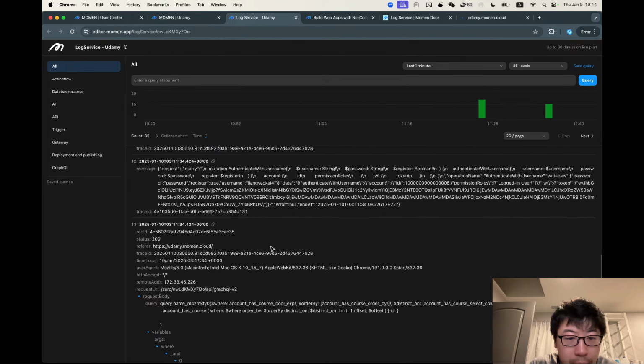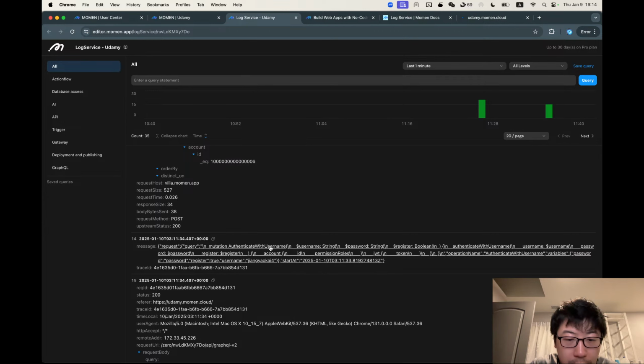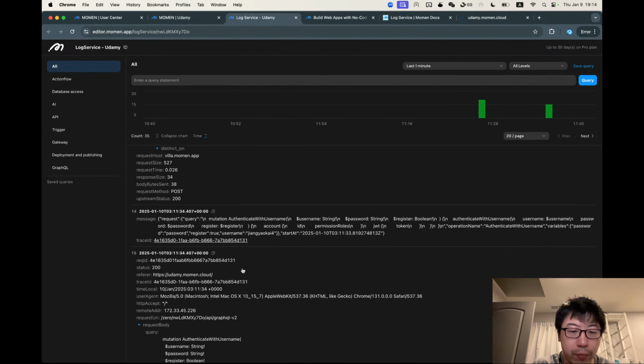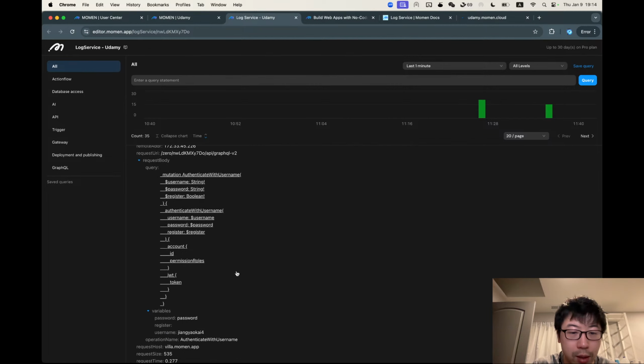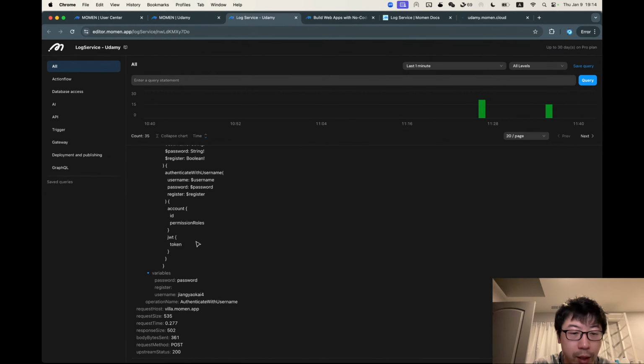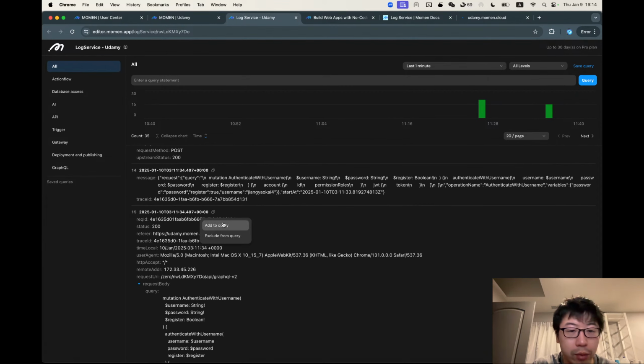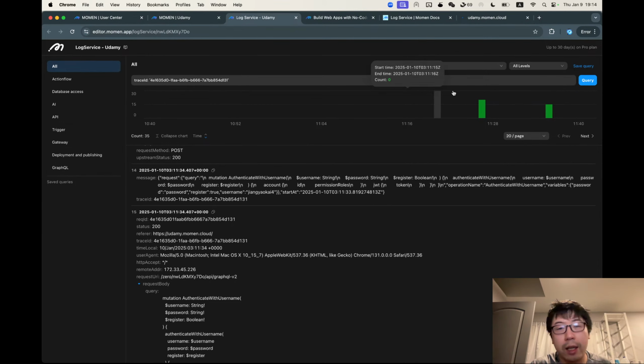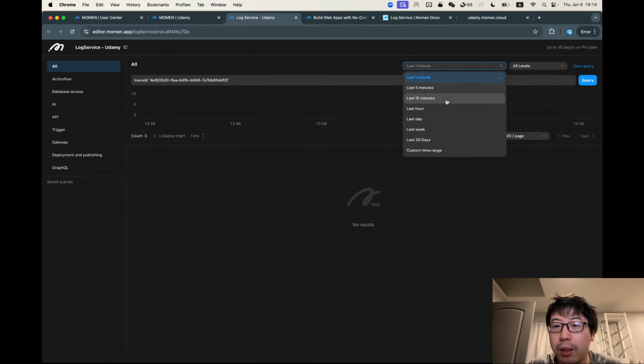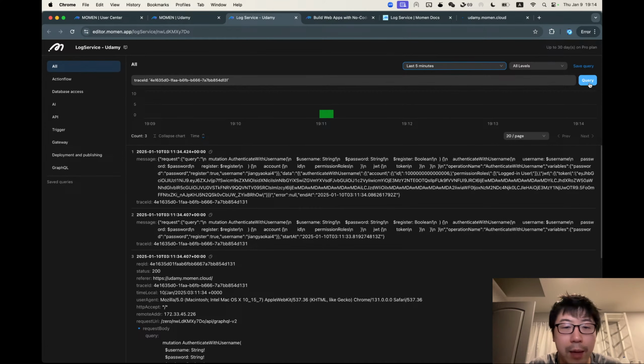And also, as I said, which one is the actual action of the user? So this registration thing is going to have a TraceId, and if you just add it in, you can see everything that's tied to it. Unfortunately, the time has elapsed. So okay, yeah, we have exactly 3 logs associated